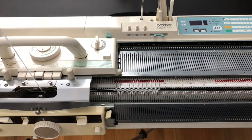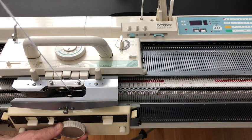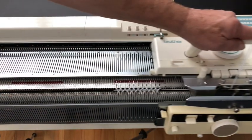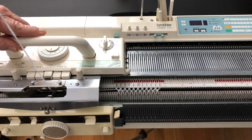Now the cast on is complete for the New Zealand cast on. So you will cancel the slip on the ribber. And the knitter's set up to knit. We'll change the tension setting to 2 on the top and 2 on the bottom, or whatever works for your yarn. And now you'll knit the number of rows that are required for your pattern. 26. Very good. So if you want to cut the yarn,